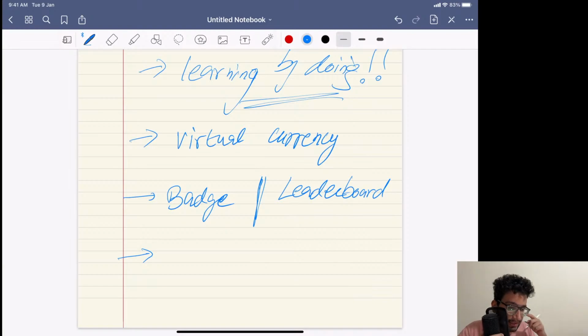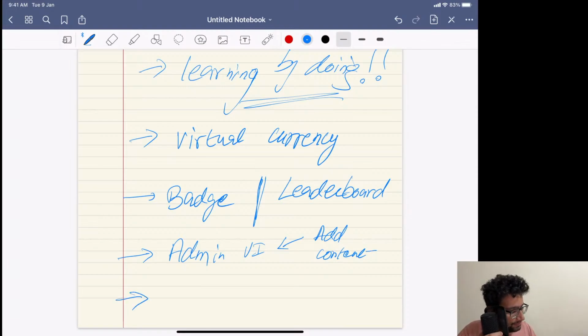And then the second last thing is that I want to create an admin UI, so that anybody who is admin can add new content. And then the last thing that I want to have is